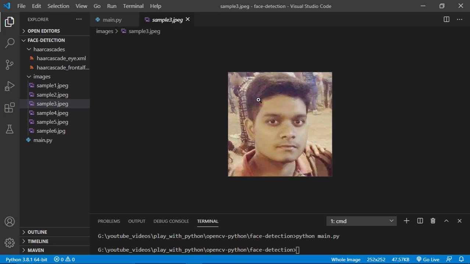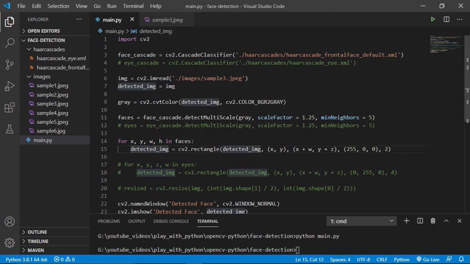If this point is x comma y, and w is the width and h is the height, then the other point will obviously be x plus w and y plus h, right? So that is what we are doing, x plus w, and here it should be y plus h, right?